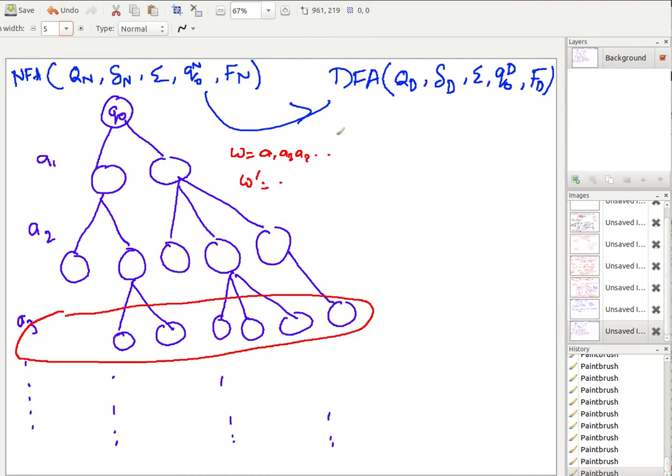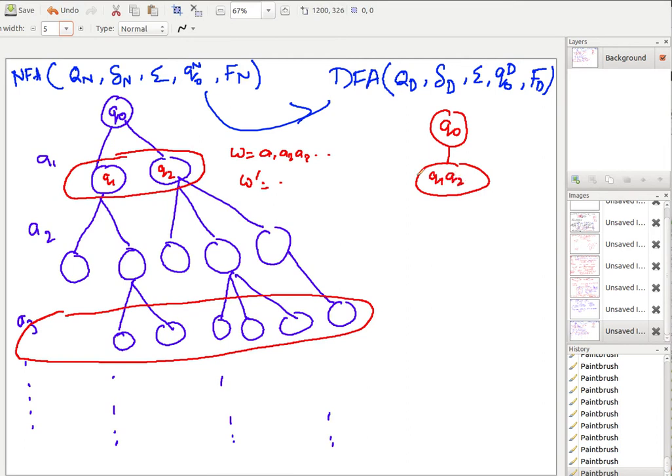In the start state, the DFA also is in the start state, right? But then if you are going to Q1 and Q2 here, I should be able to record this on my state on the DFA. So I should be able to record it in the form of Q1, Q2. So this single state labeled Q1, Q2 is defining that the NFA might go to Q1 and Q2 at a given level, just Q1, Q2.